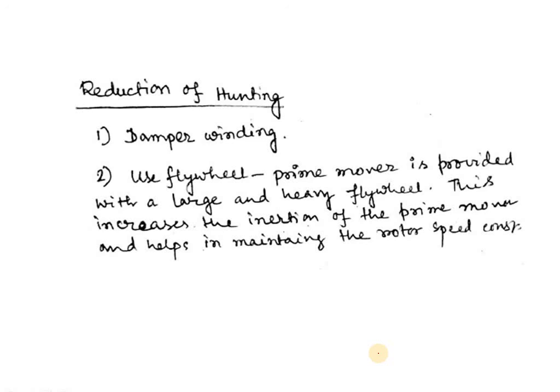This oscillating action is called hunting. Hunting causes the alternator to shift loads from one to another. In some cases, this oscillation of power becomes cumulative and violent, enough to cause the alternator to pull out